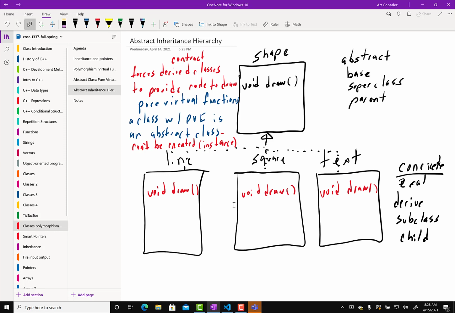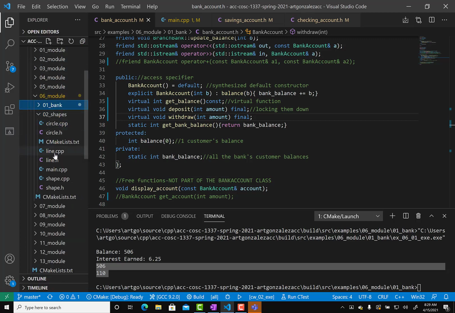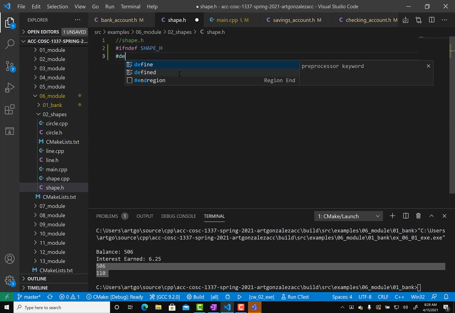So how do we do this in code? Okay, let's write this code first, okay? So let's go here. We got shape, and let's go to the shape. Again, do not forget, if not defined, shape header, define it, and class shape, semicolon,